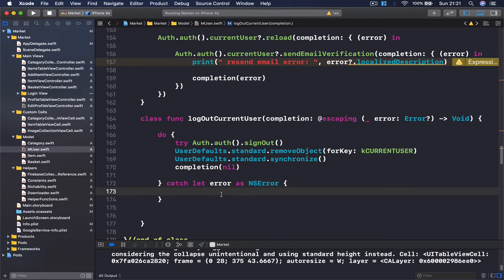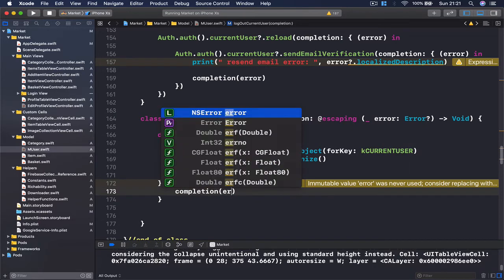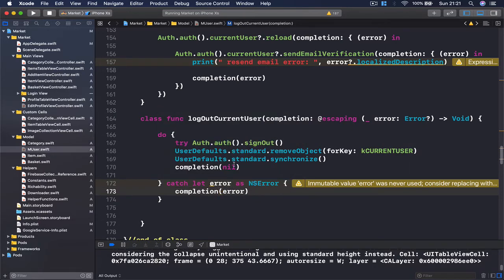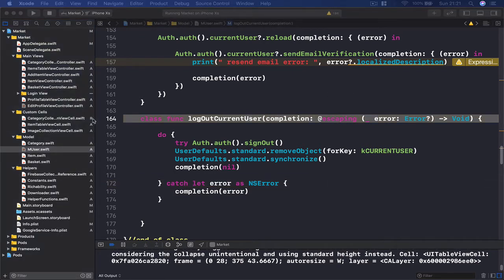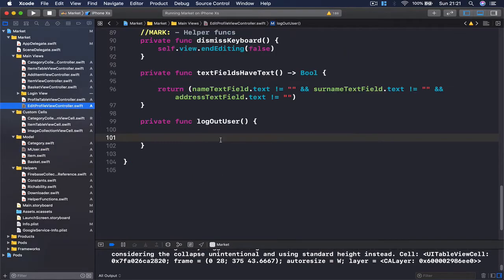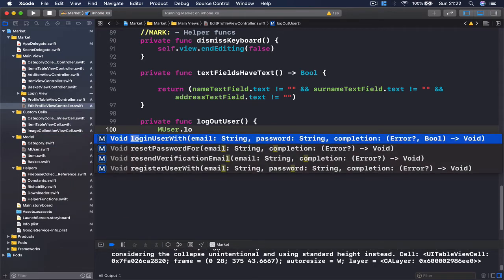Otherwise, if we have an error, I'm going to call my completion and pass this error to my completion, so that the function that calls this is notified that there was some kind of error. And now we can get back to our edit profile view, logoutUser function, and here I'm going to say MUser.logoutUser,